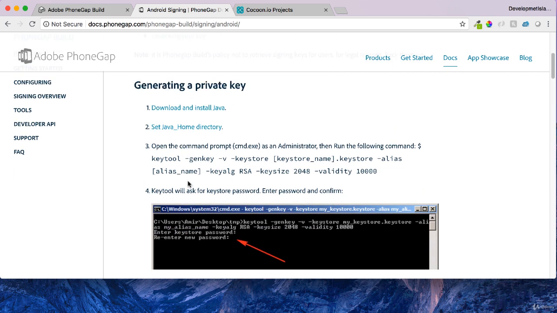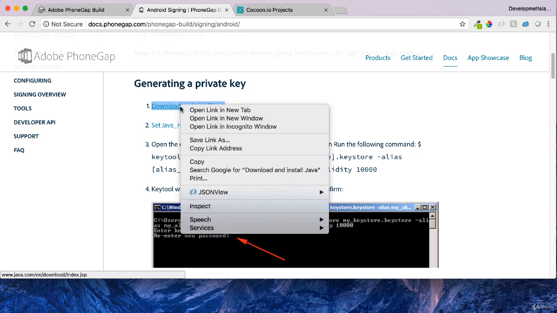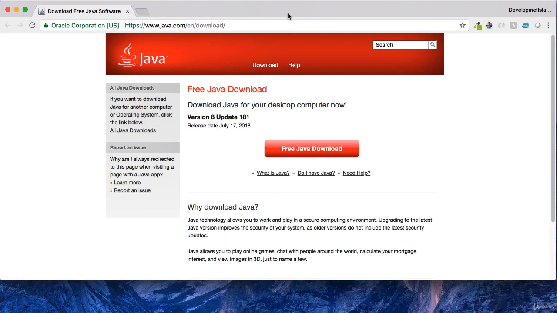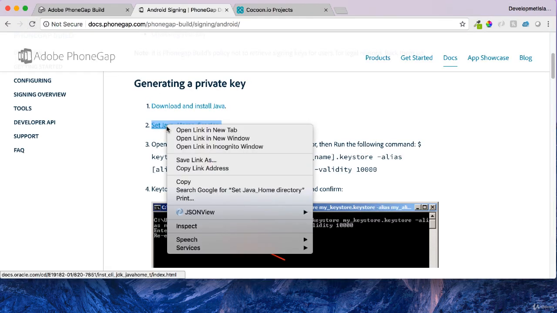All right. So first of all, you will need to download and install Java. So let's open that. All you need to do is click on that button and then follow the installation process. It's pretty straightforward. I've already installed Java on my computer, so I don't need to do this again. All right. So once you do that, you just need to go to the next step,